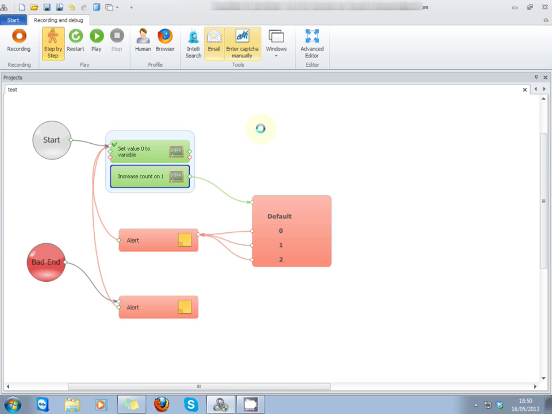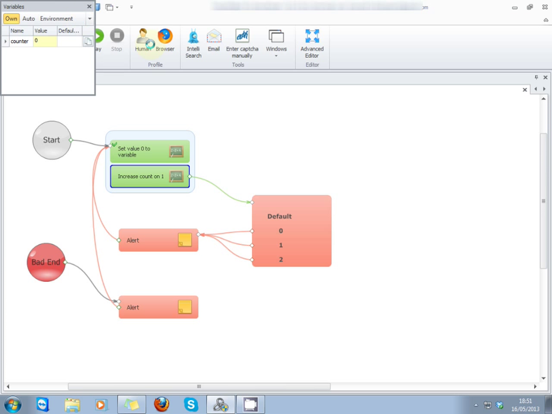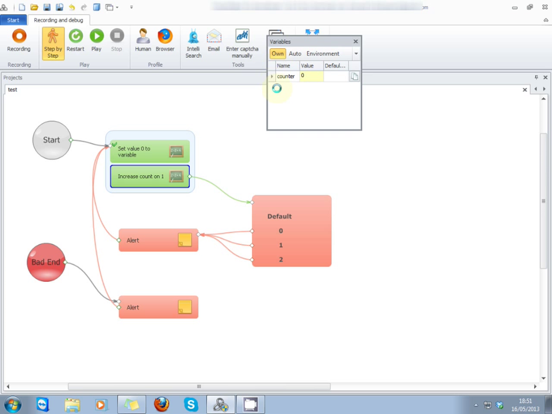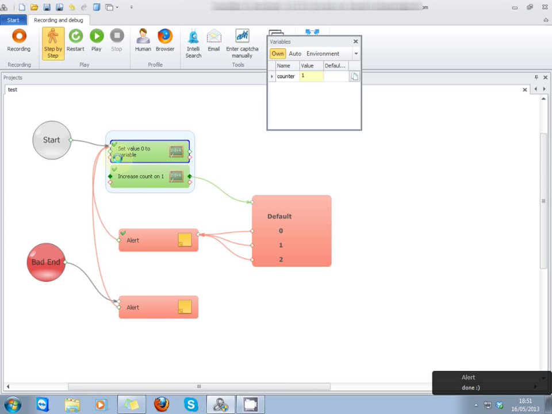right, so basically what this is doing is, if I can get the variable window open, I should show you. Right, so the first step, it sets the variable counter to 0, and then when I click it again, it's increased the counter to 1. Now at this logic step, I've said to it, if the value is 1, 2 or 4, to do that there. Alert, job done with a smiley face, and then it's going to loop back up to there, and it's going to set it to 0, and